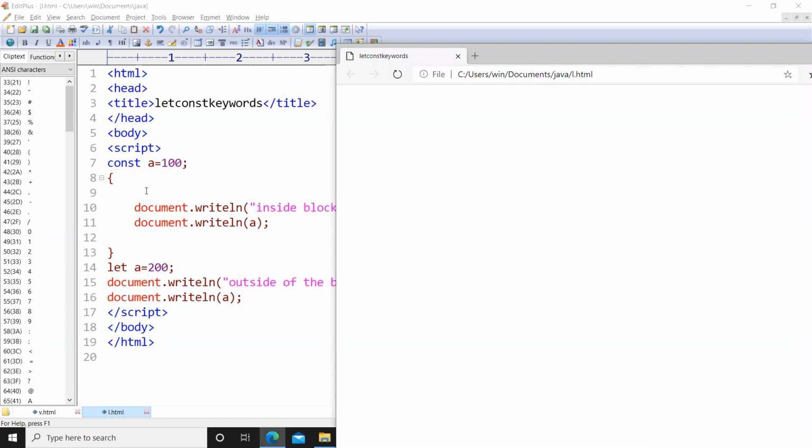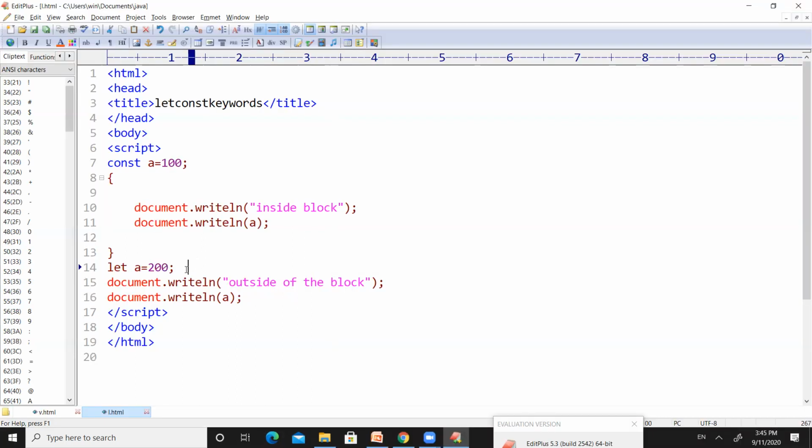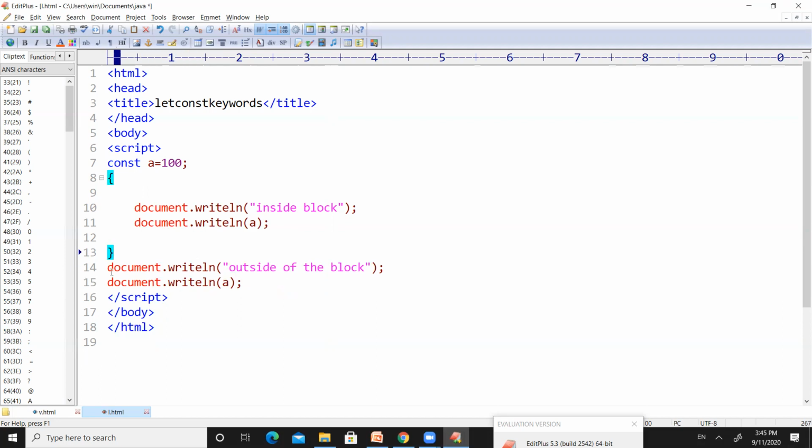So now we don't get any output here. So this is how the let and constant keywords work in JavaScript code.